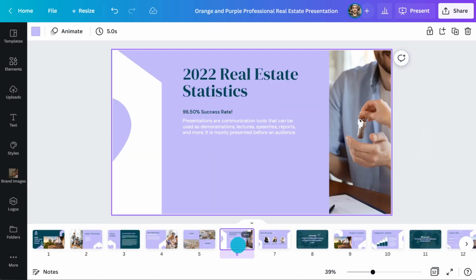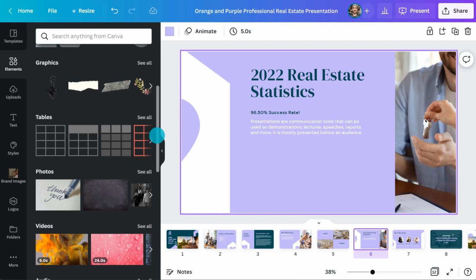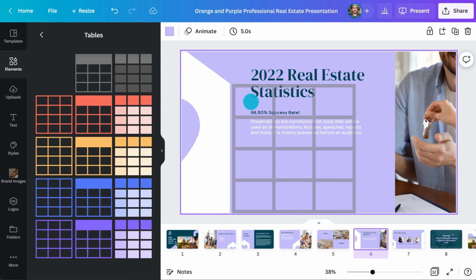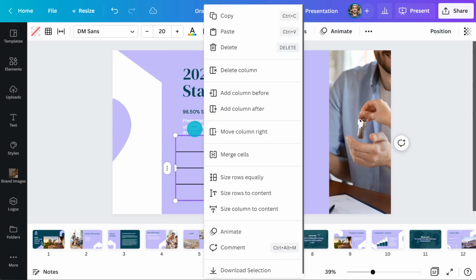On this page, I would like to insert a table. Again, from the Elements tab, I'll scroll down until I see Tables, then click See All. I can customize the table settings by clicking on these three dots to bring up the table setting menu.